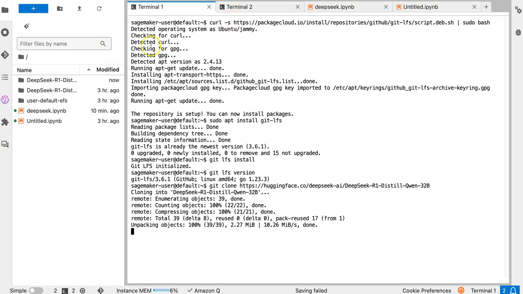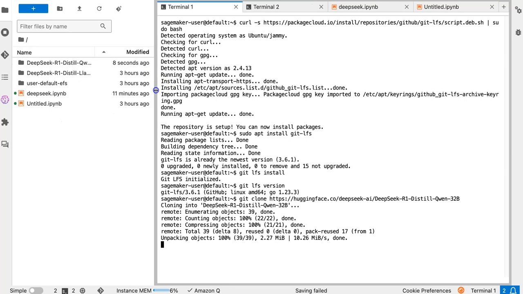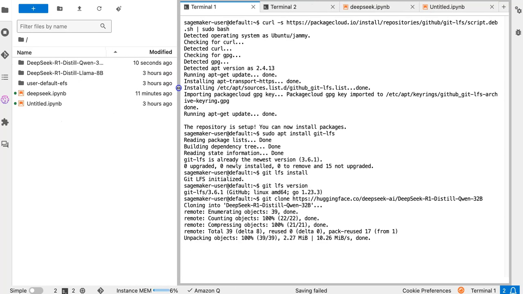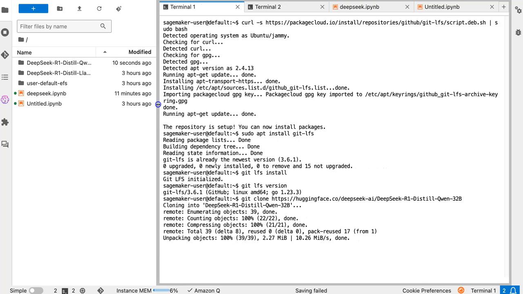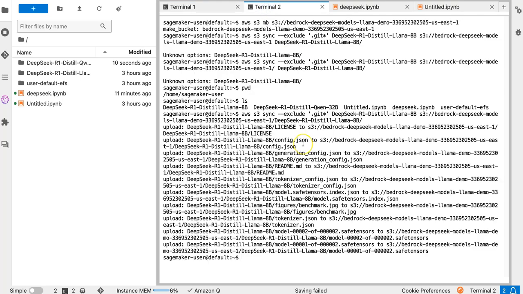Also, let me let you know, on this machine where you would be creating the space, by default it comes with 5 GB. So you want to increase that space, right? So I kept the 50 GB. So once this is done, the next step is you will be going and